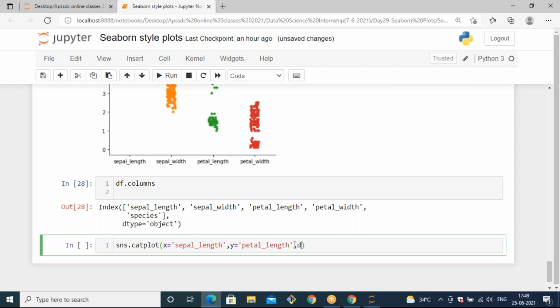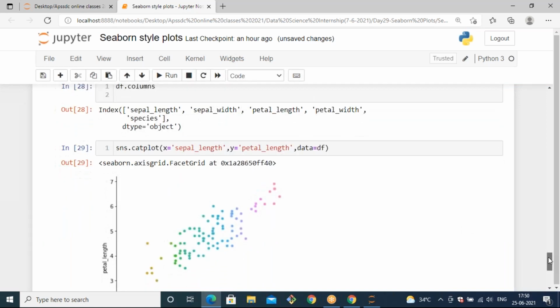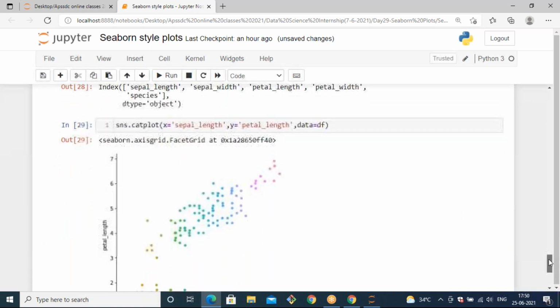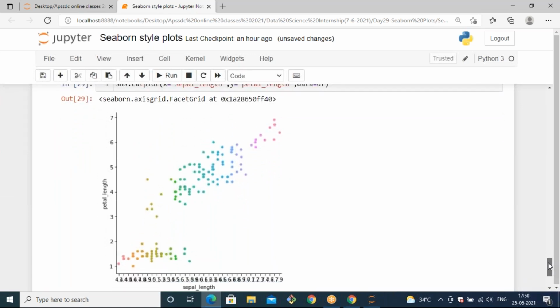And you need to mention the data as well. Where do we get this x and y data? We are getting this x and y data from the data frame, that is df. Based on sepal length and petal length, it will generate a catplot like this.